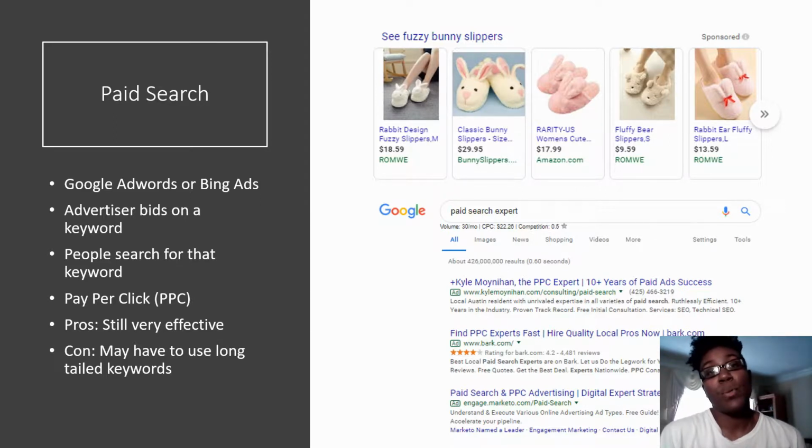And long tail keywords means that instead of using the simple phrase, or keyword, people will use to actually find whatever it is you're selling. So like the fuzzy bunny slippers, instead of maybe slippers, you would use fuzzy bunny slippers, or fuzzy bunny slippers for kids, or fuzzy bunny slippers for adults, or whatever. Okay, so you would have to use longer keywords to make sure that you stay in budget, because it can